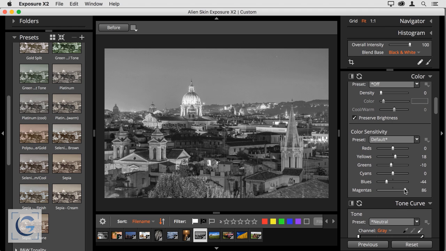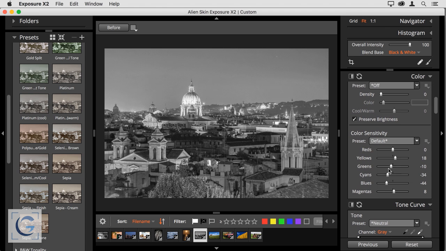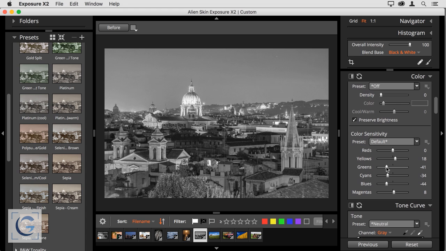In this case, there's not a whole lot of color going on in the image. Well, there was a lot of color, but it was mostly yellow. And so as I work with some of these other sliders, there's a little bit of greens, especially at this bottom left foreground area. With the reds, there's a little bit of an effect. So maybe I'll brighten up the reds a little, tone down the yellows just a little bit. But the point is that when we're interpreting a color photo as a black and white interpretation, then we're able to adjust the brightness values of those shades of gray